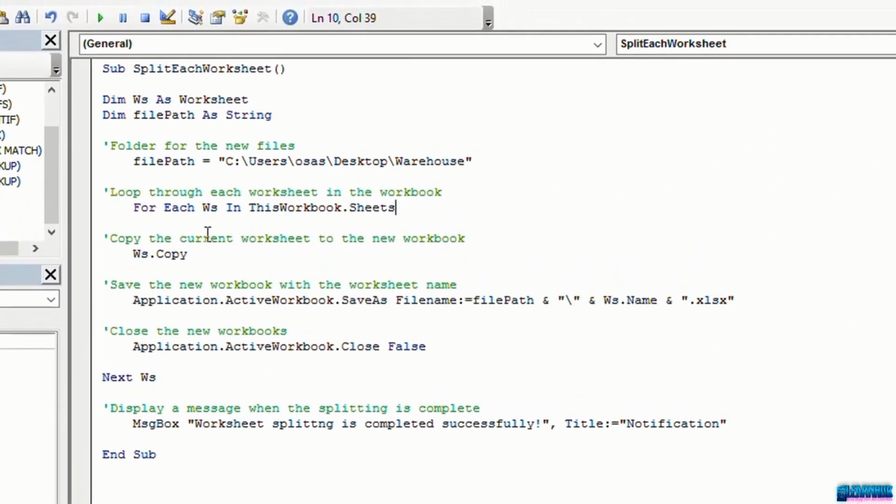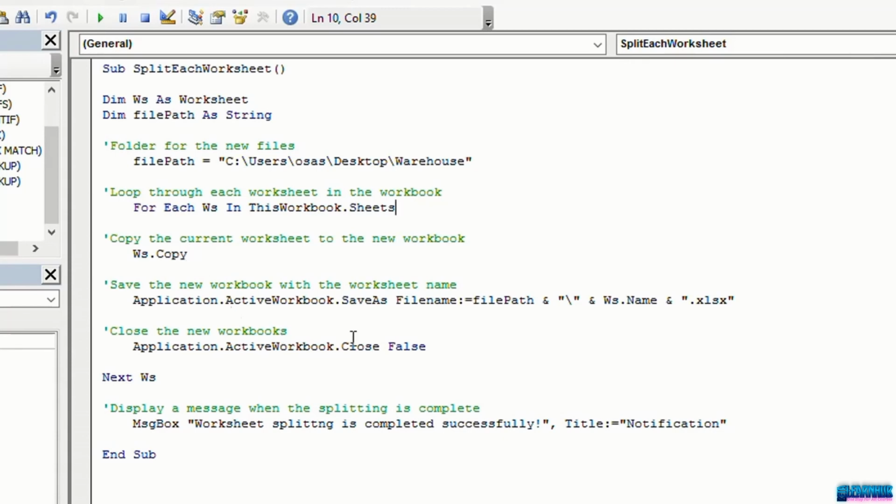Okay, so copy the current worksheet to the new workbook, which is ws.Copy. That is how it is written. And before we proceed, have it in your mind that this line of code is particularly used when you need to apply a set of actions or perform similar operations on multiple worksheets within a workbook. So you need to cram some of these lines yourself so that you can use them for other things also. So have it at the back of your mind. This is just to copy the current worksheet to a new workbook. So it is ws.Copy. Then the next line is